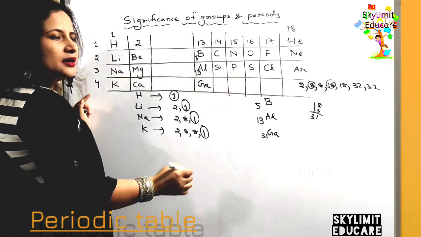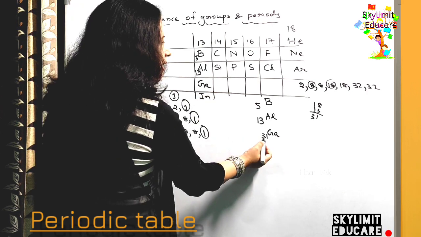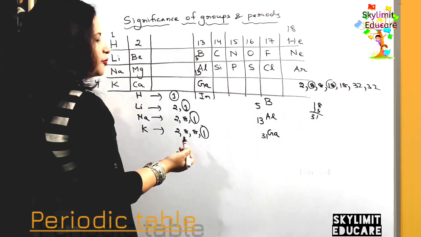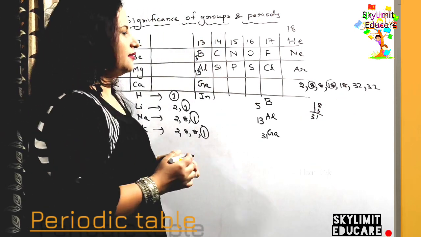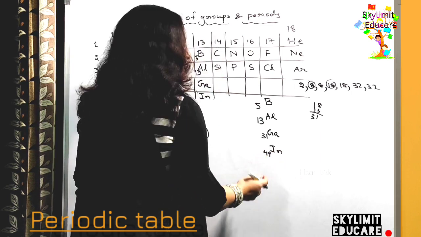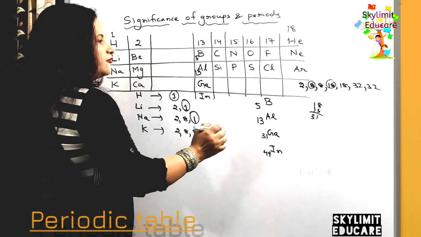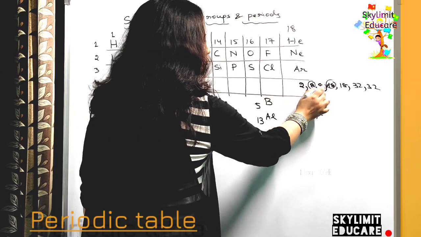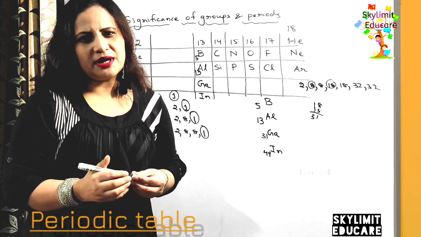Like suppose indium. What are you going to add to 31? Indium belongs to the fifth period, so 31 plus 18 will give you 49. So indium is 49. Like that, if you know the atomic numbers, you can just follow this sequence and go on adding for the first period, second, third, fourth, fifth, sixth, seventh. Like that you can find the atomic numbers of the other elements also. Okay, so this is one way.